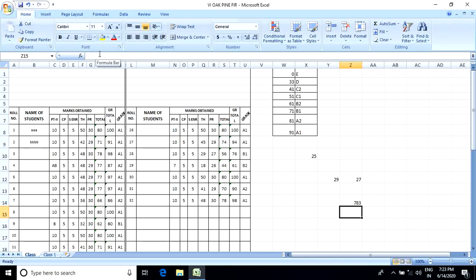The next one is sort and filter, in the editing group. Suppose these are the values. Now we select this portion.